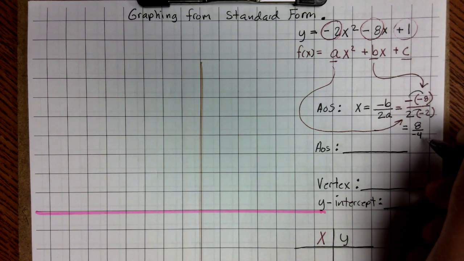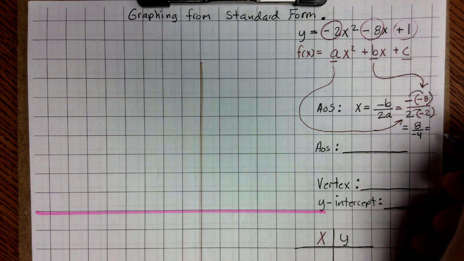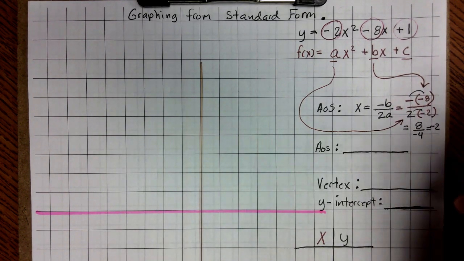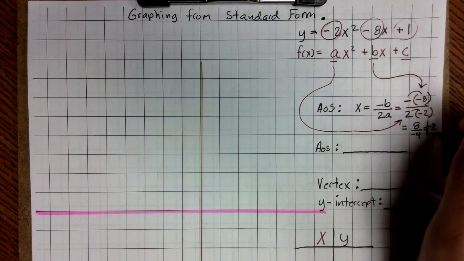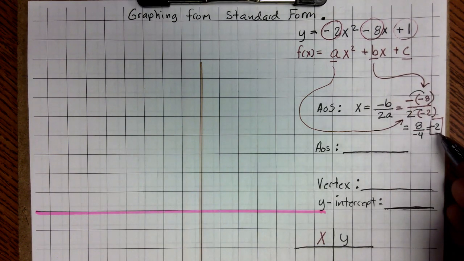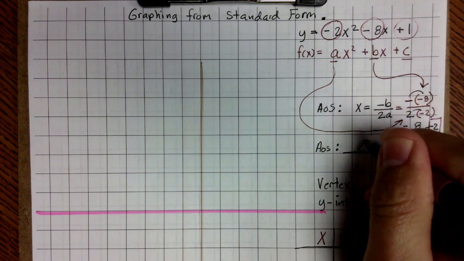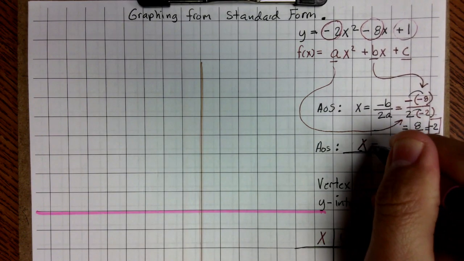And if I continue to work this out, -4 can go into 8, -2 times. So I'm going to go ahead and box that answer. So my x value for my axis of symmetry is -2. So for the axis of symmetry, if I want to write it, I'm just simply going to put x is equal to